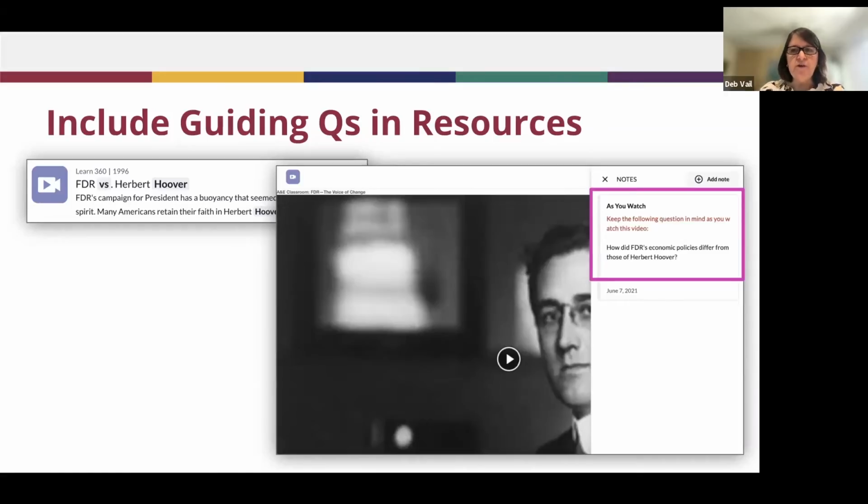I told you about that note-taking option. That was one of the tools. And it's not just a student tool. It can also be used as the teacher. I can add some guiding questions inside a resource. So here's the summary of that resource. Here's the resource opened up. And as you can tell, it's a video. And right here on the right-hand margin is my note.